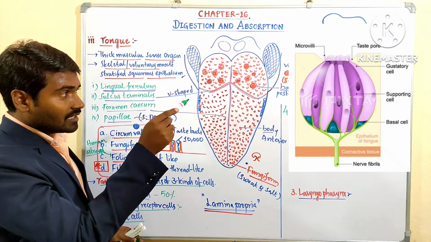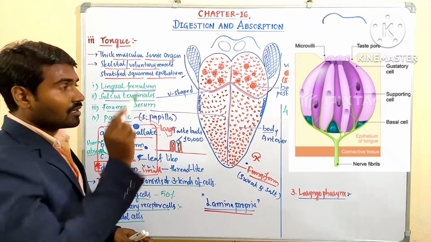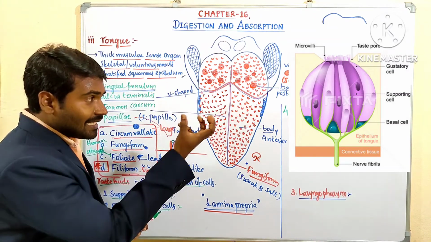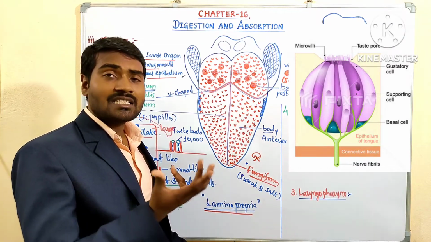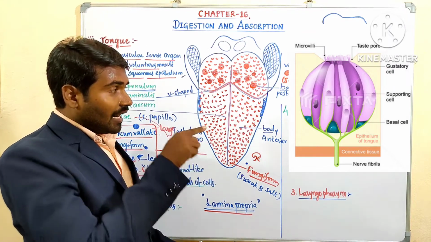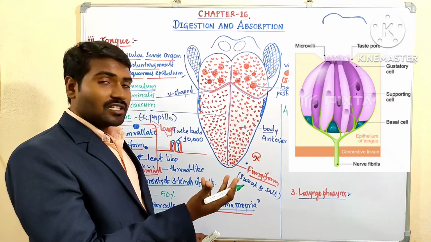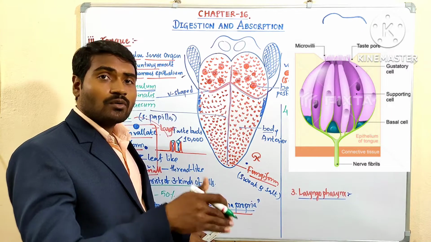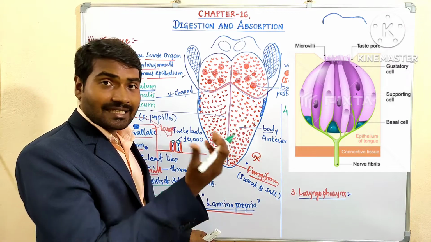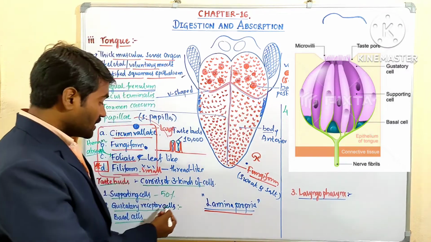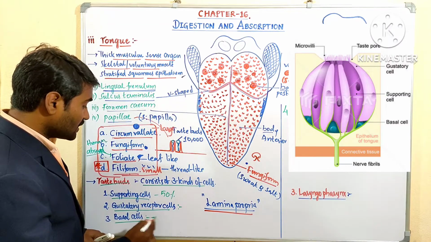Anteriorly there is a pore through which the food, which contains saliva, enters into the taste bud. Now the gustatory cells receive the signals. These are nothing but taste receptors. Gustatory receptor cells receive the signal and convert the physical or chemical nature of the food into nerve signals, so which type of food is there, which type of taste it is, is received by the taste buds, especially gustatory receptor cells. Then they convert it into nerve signals. At the base of the cell, basal cells are present.